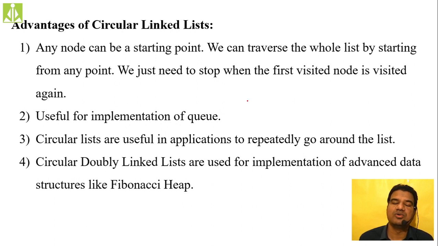So if you have something to do repeatedly, let us say you have three jobs. First you are doing the first job, then the second job, then the third job, and after doing the third job, again you are coming back to the first job. Let us say your application or your strategy is something like that, then there is no other way of doing this instead of going to this circular linked list concept. This is the only way. So if you are doing something repeatedly again and again, then you have to go for this circular linked list implementation.